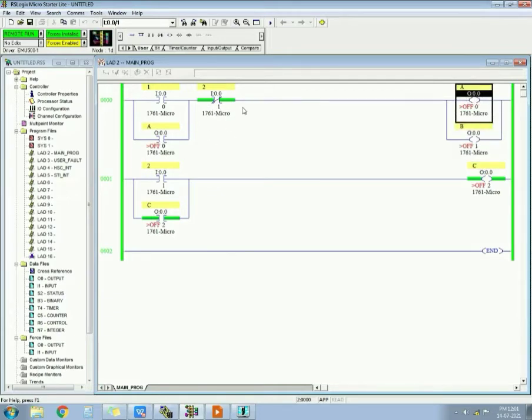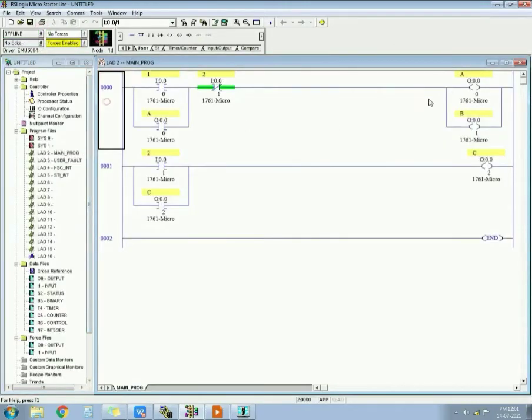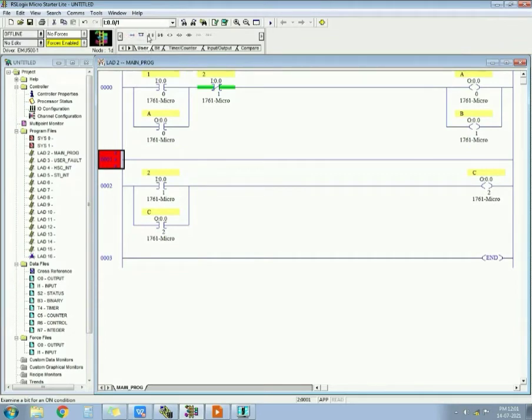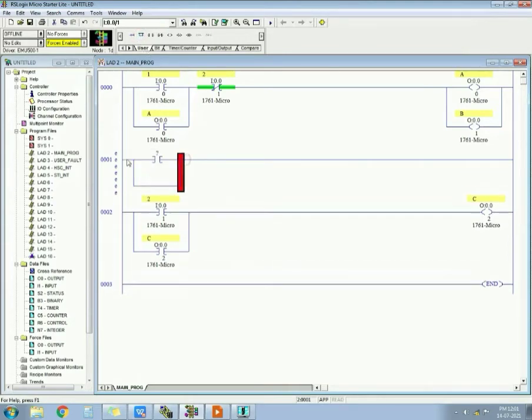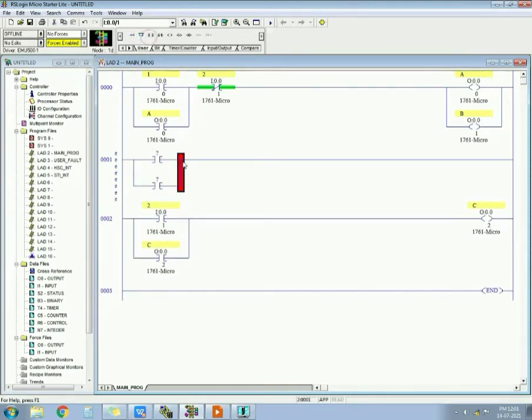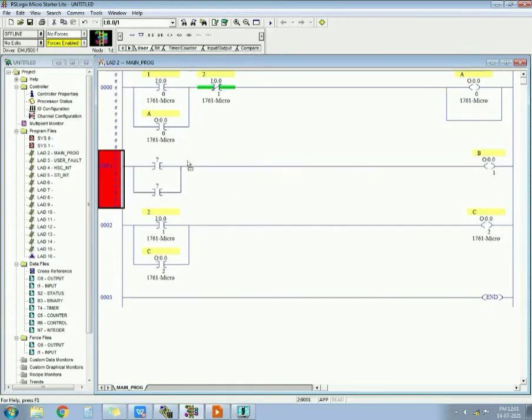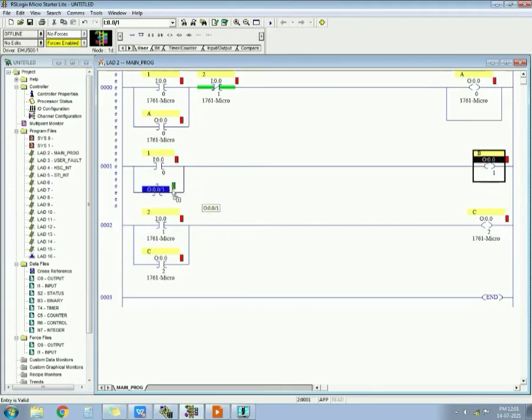because it is latching both outputs A and B. So if I break this circuit, both outputs will get off. So I just want to switch off output A, not output B. What is the solution? The solution is that I can separate A and B. What I will do, I will just take another rung. I will make the same input again, with the same input addressing. See, I will take another input and here I will take output B. So for output B I take the same input addressing, I will copy it here. I will take the addressing of output B over here, simple.